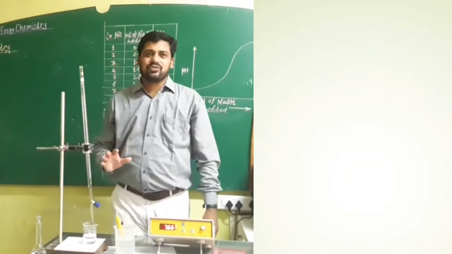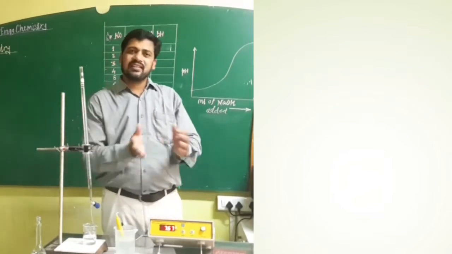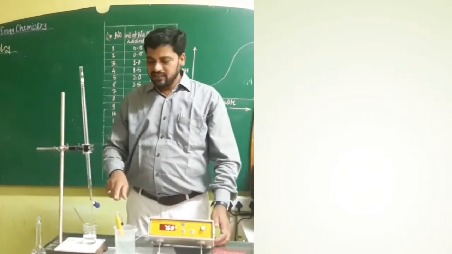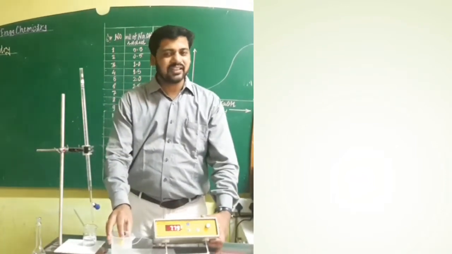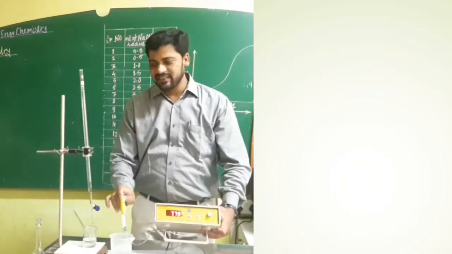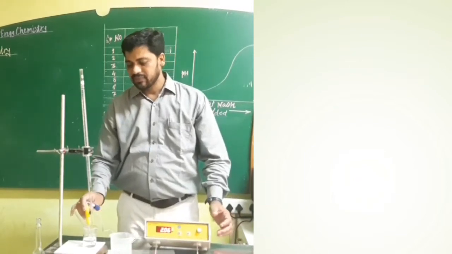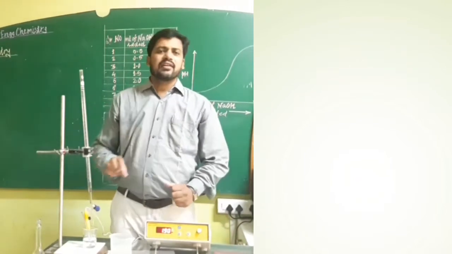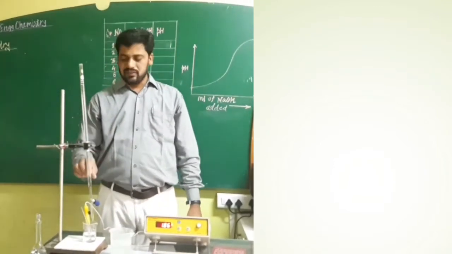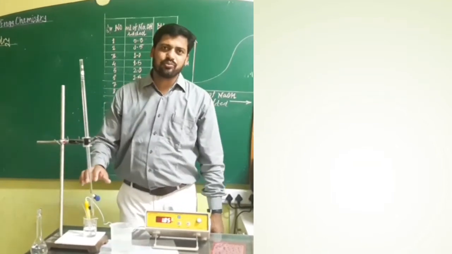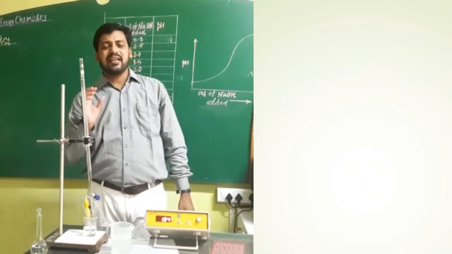So what is the procedure to find this equivalence point? Very simple. In the standardization part we already discussed that this glass electrode is used to find the pH value. It was dipped in water; now we lift it and dip it into the HCl solution. I pick up 15 ml of HCl, and the rest, 35 ml, is distilled water, to make 50 ml of the HCl solution.